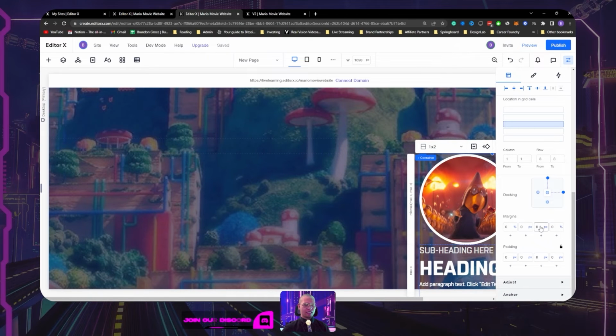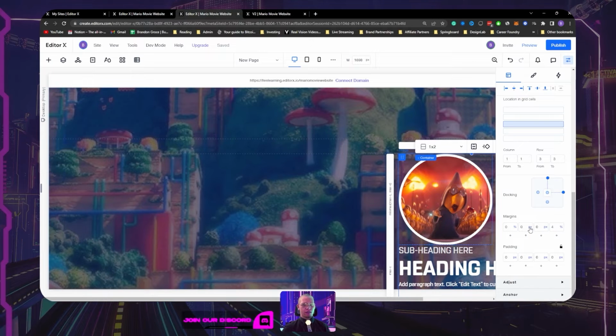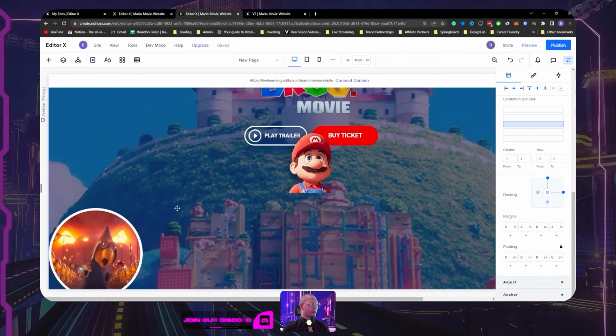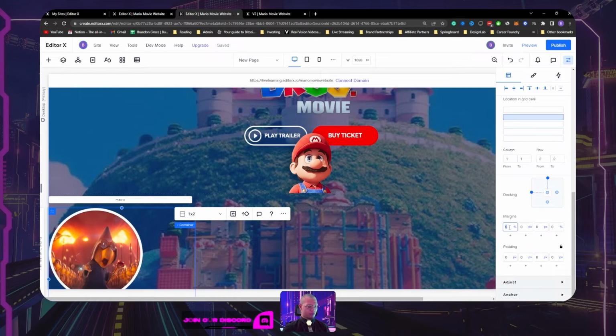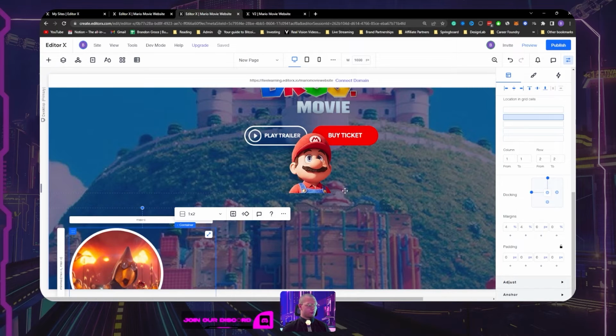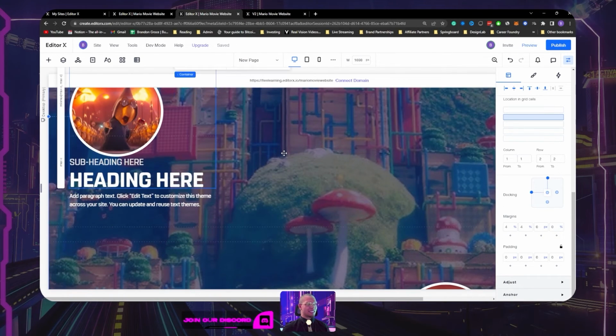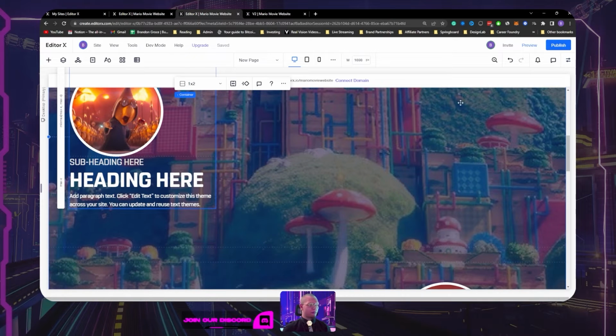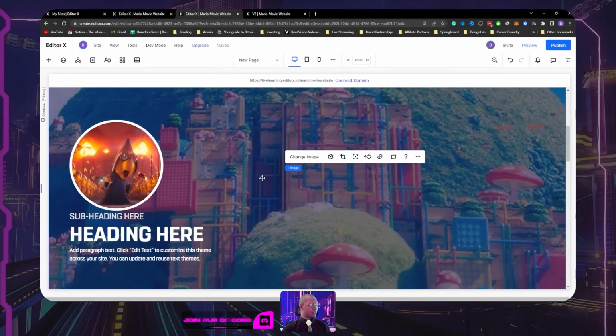Okay. Container. Last thing. We're gonna do 4% from the right. 4% from the top. There it is. And we're gonna do the same thing here. 4% from the left. And 4% from the top. All right, and last thing here before we take a quick break and move into another thing,